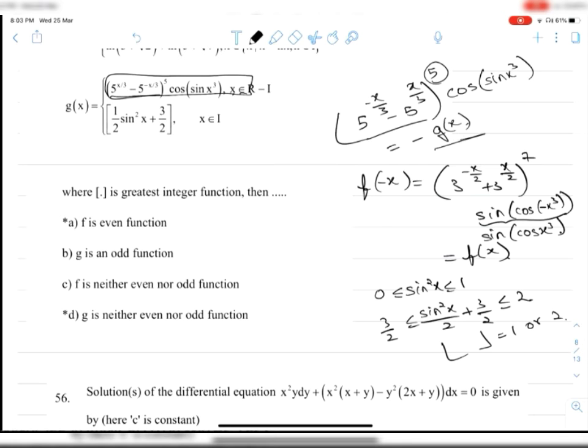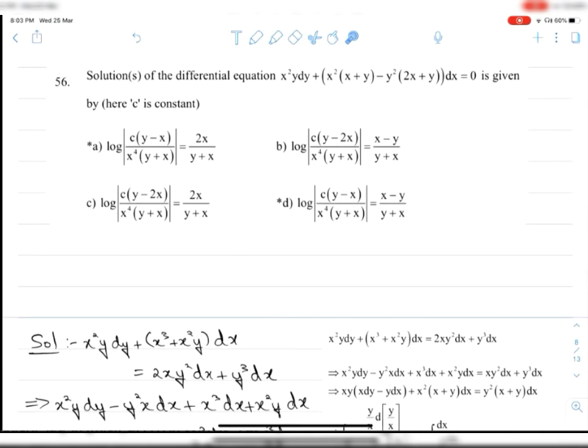So if we are getting an odd function for these values, and if it were always identically 1 or 2, this would have been an even function. But because we gave both combined, it will be neither even nor odd, because it's neither an odd function like this one nor an even function like this one. So d is neither even nor odd function, because we are taking it together. We are not taking this and this individually. This will be an odd, this will be an even function, but together it can't be any sort of function.